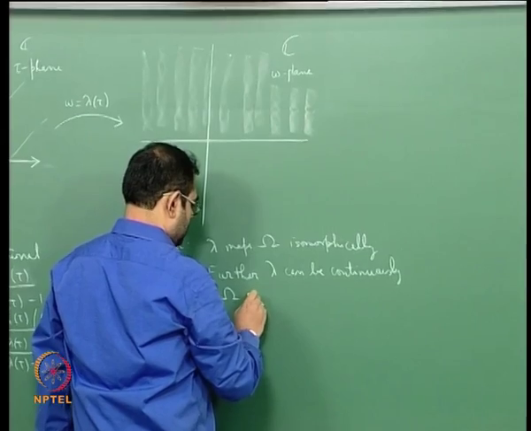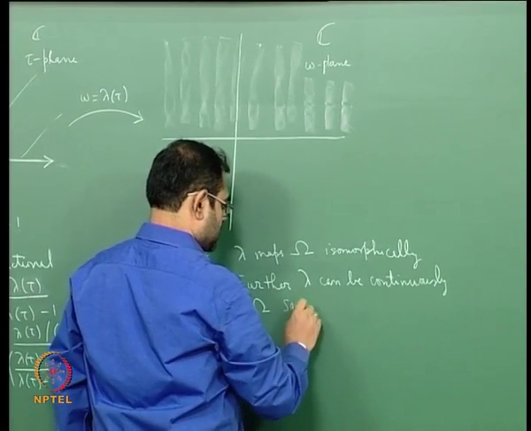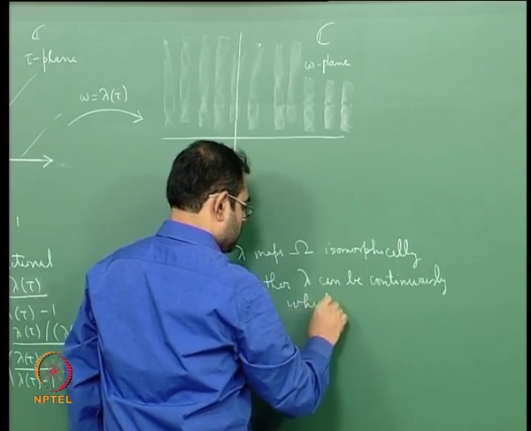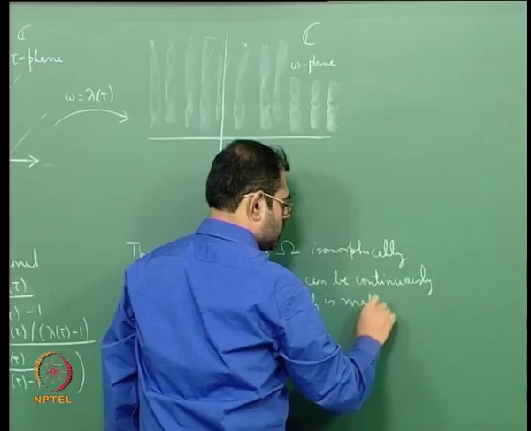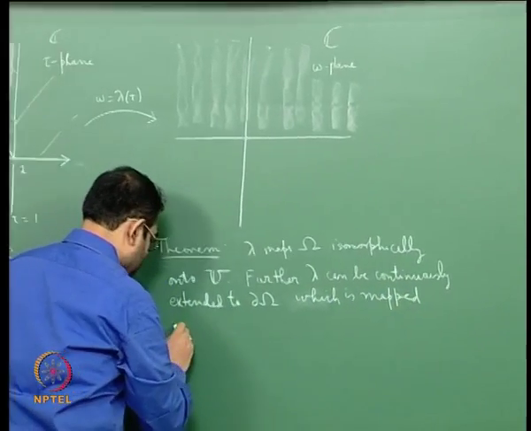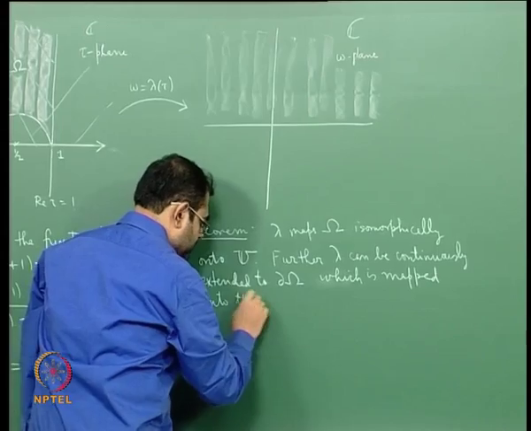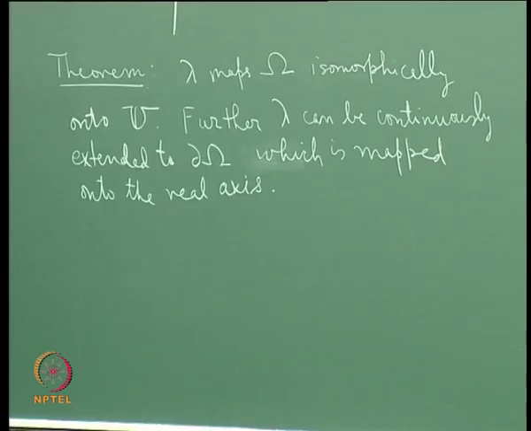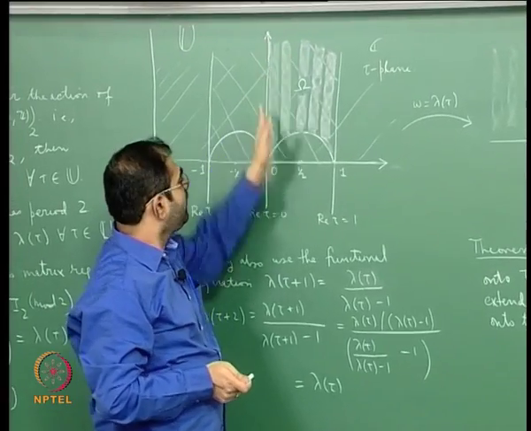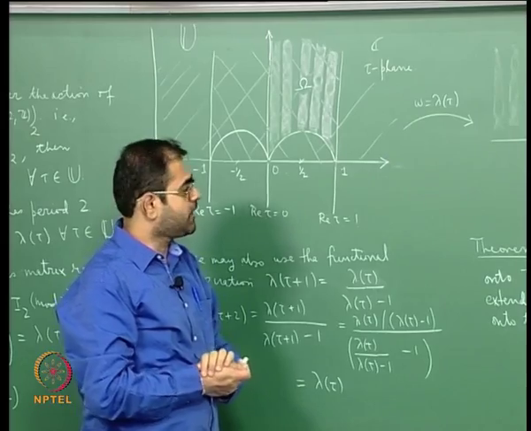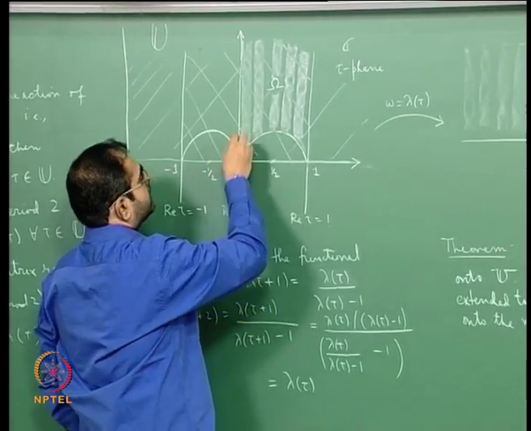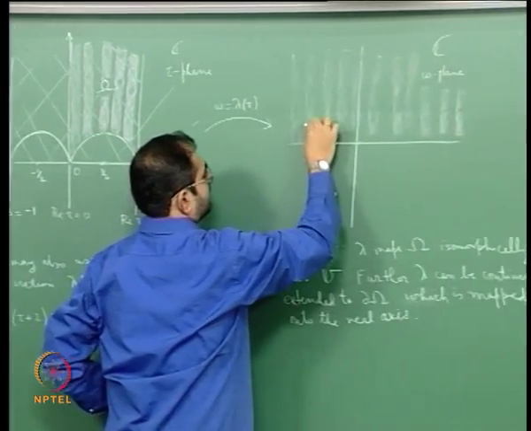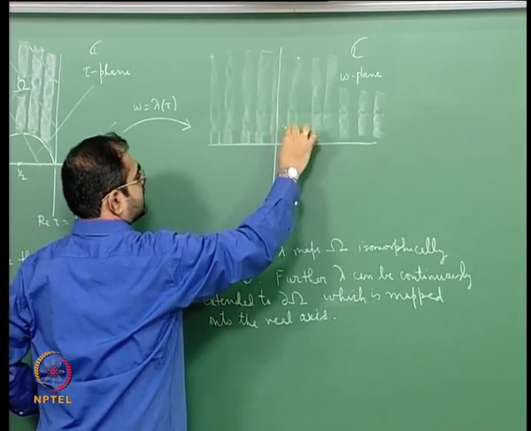So that is mapped onto the real axis, okay, which is what you should expect because the boundary of this region has to go to the boundary of that region, okay. So this whole thing is going to get mapped to the real axis, and